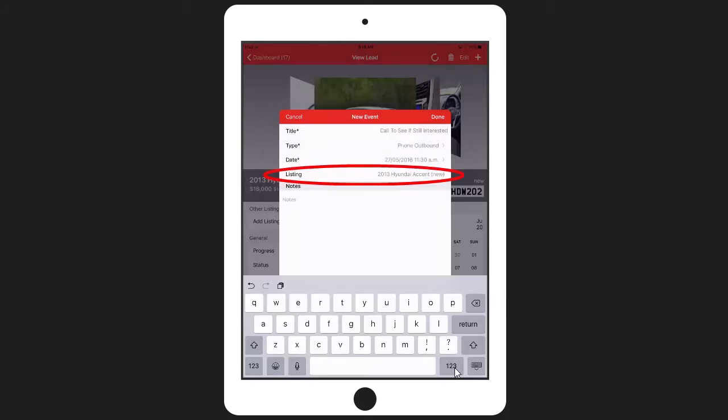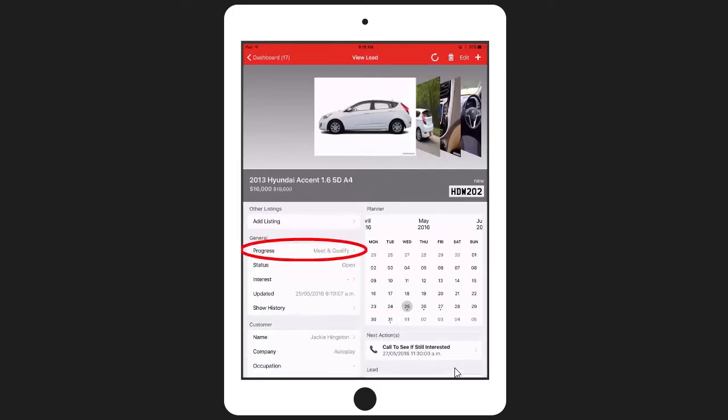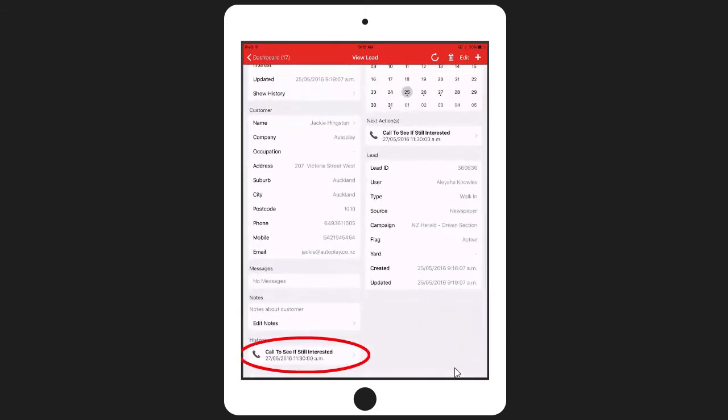It automatically has populated the vehicle that this event relates to, and I can now add notes. Once you're happy with your event, tap Done. So for this lead, I now have updated my progress, the road to a sales step, and I have diarised an event forward. If I scroll down to the bottom of the screen, you'll see that I have a history